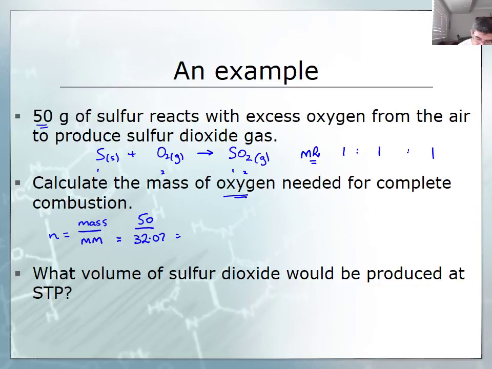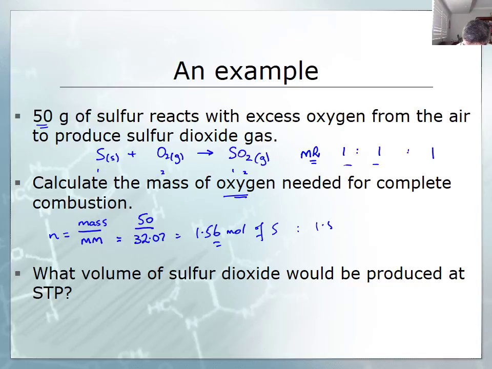When I divide 50 by 32.07, I get 1.55. Actually, let me double check that again. I knocked it off too quickly. It's 1.56. I thought I had to round it. So 1.56 moles. Now, the mole ratio we said before was 1 to 1, so therefore 1.56 moles of sulfur